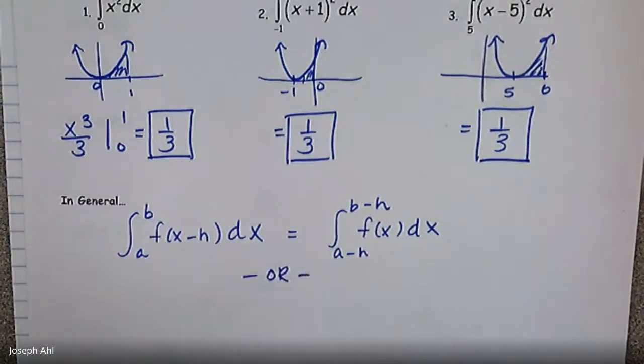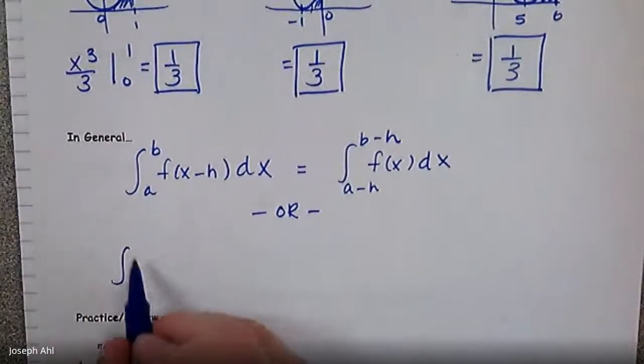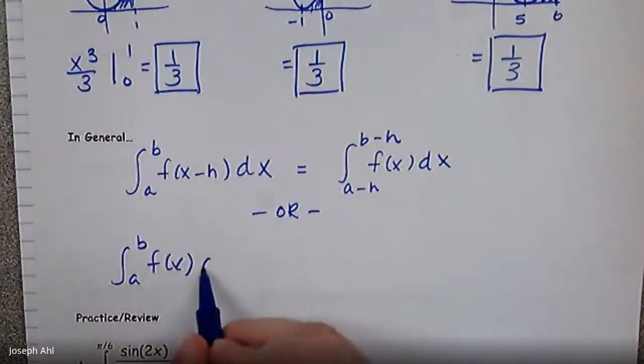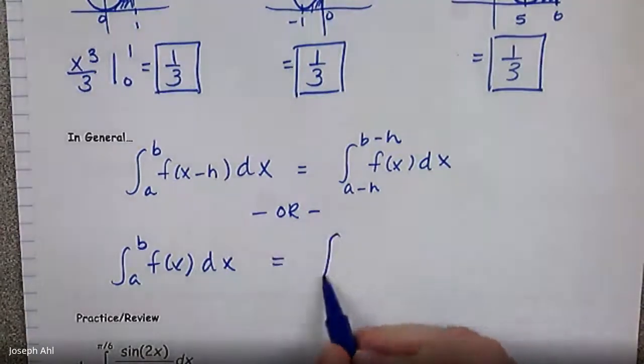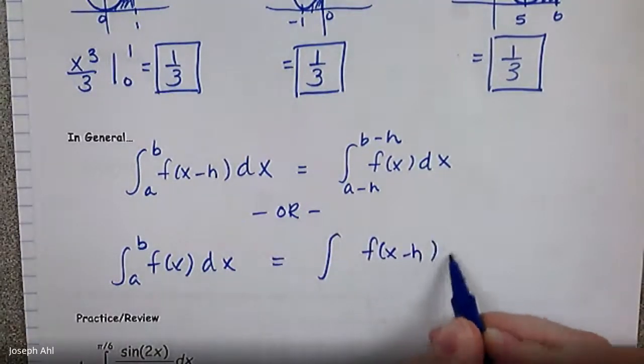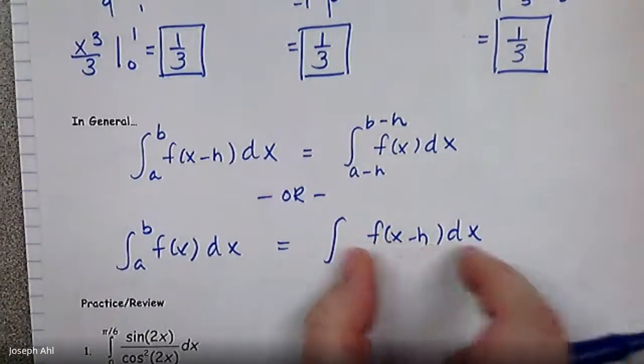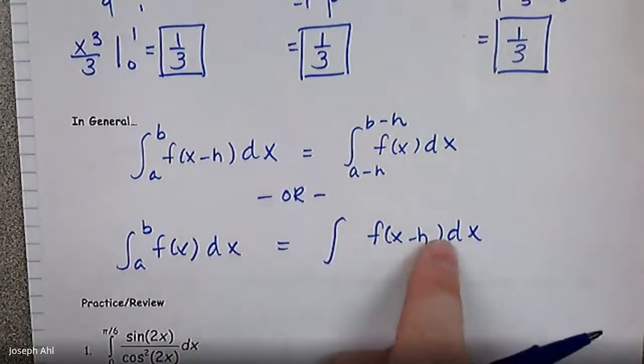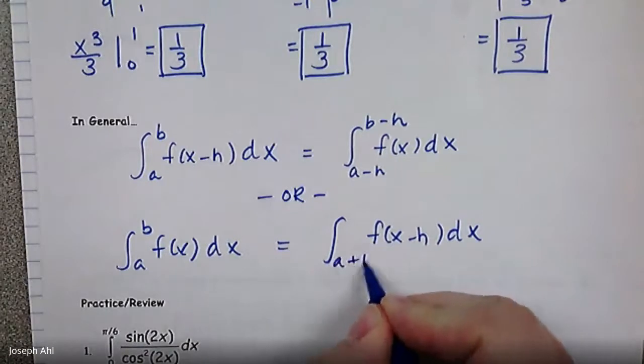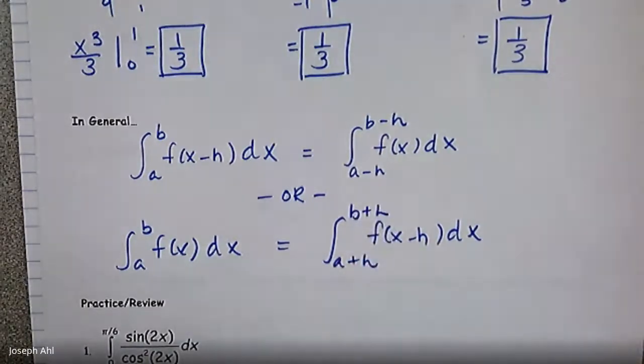Or if you have the integral from a to b of f of x, and you want to figure out what are the new bounds for f of x minus h dx, well, remember that this is a shift to the right. So since it's the right h units, you would do a plus h and b plus h for the new